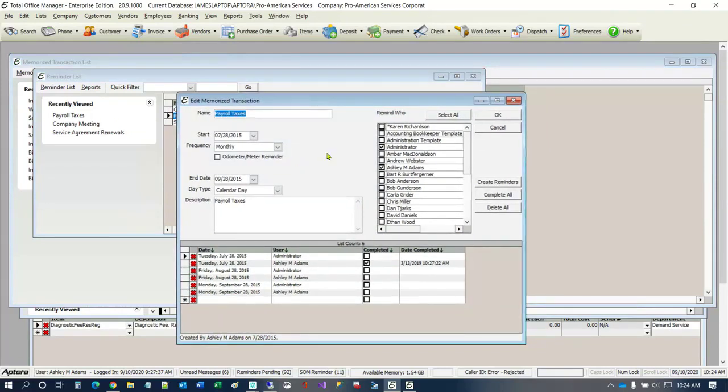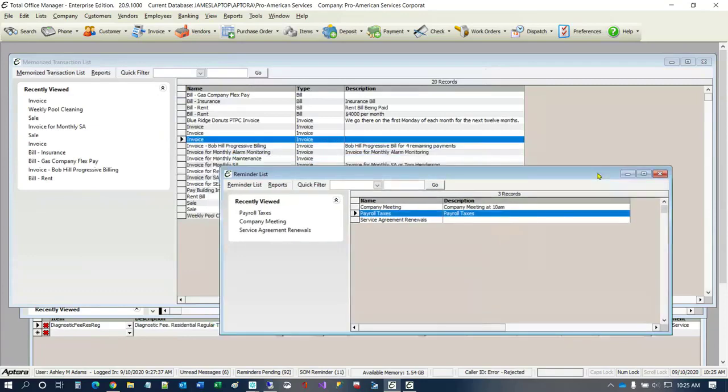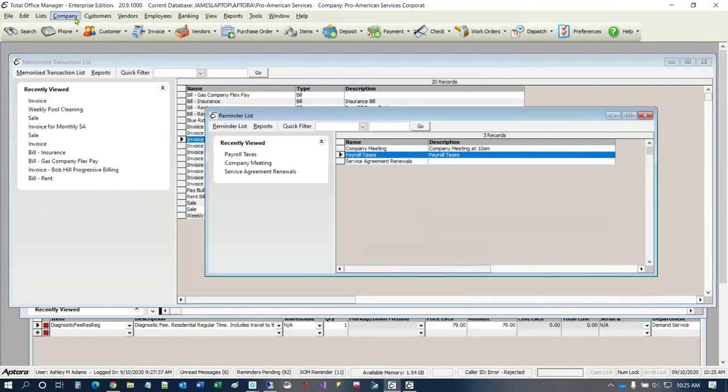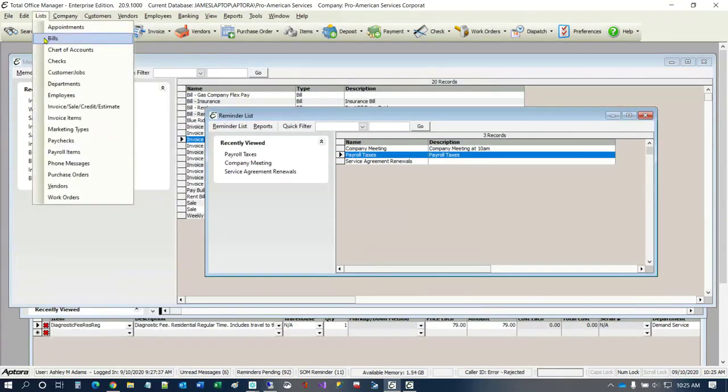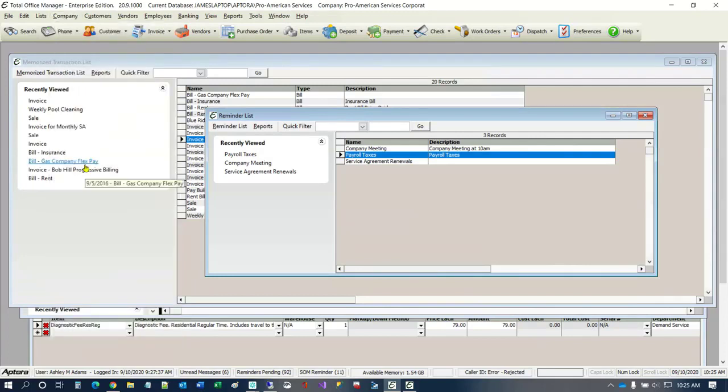So here is the memorized transaction and the list of reminders that went with it. So that's another way to see that memorized transaction and the reminders that went with it. And if you want to see the actual reminders, then you would come down to the reminder list, and that will show you